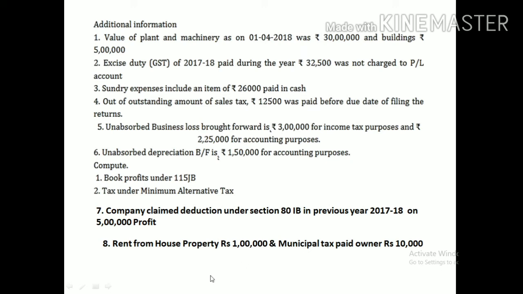Okay, the next one: rent from house property is 1 lakh, and the municipal tax paid by the owner is 10,000. Here this comes under the calculation of GTI and NTI. They have given house property, but it is not the income, they have just given the rent. So from this we should calculate